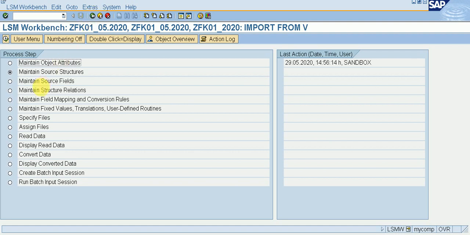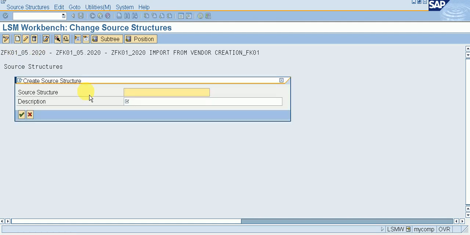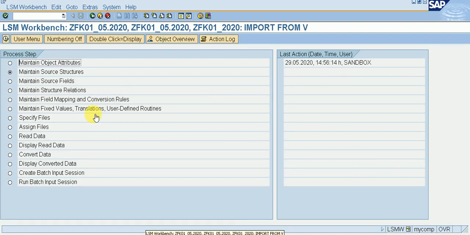Click on the third option, execute it, display, create source structure. Wait for that. Sorry, I did not create a source structure.